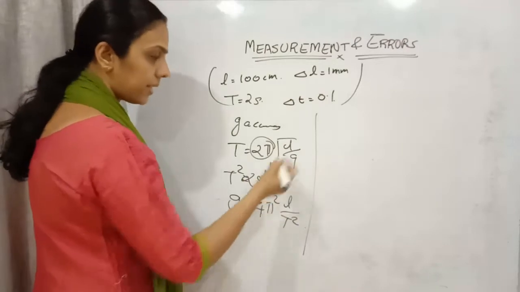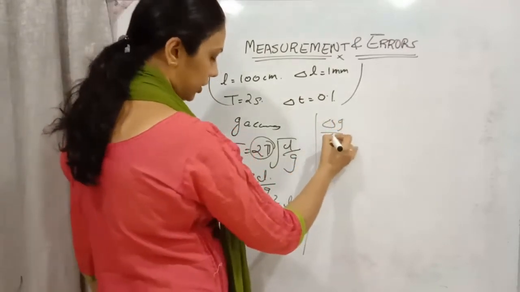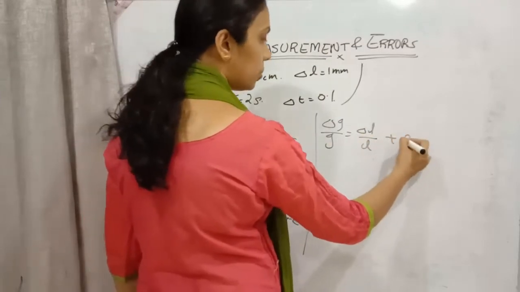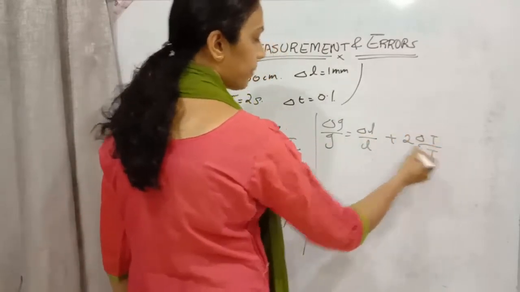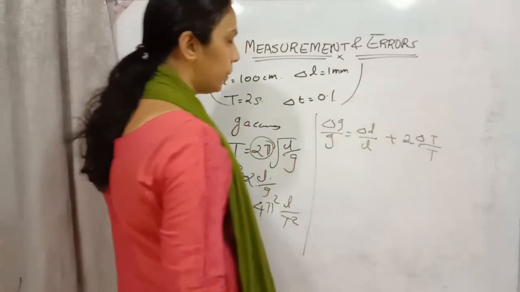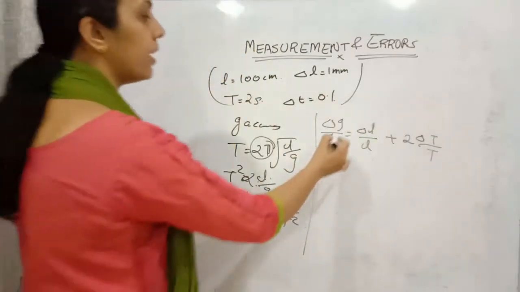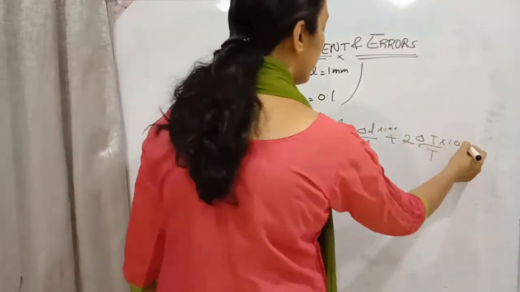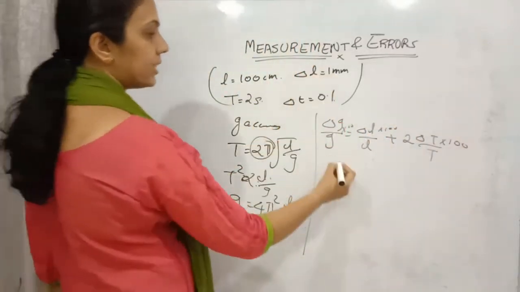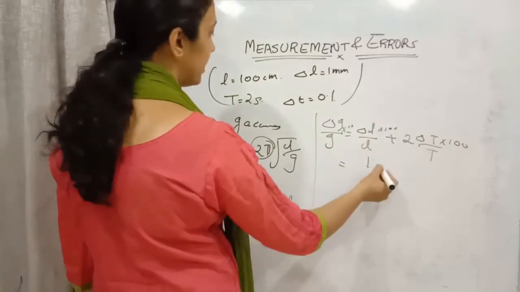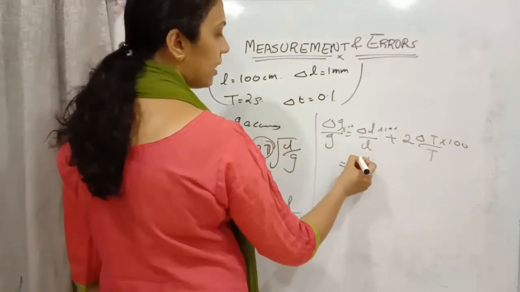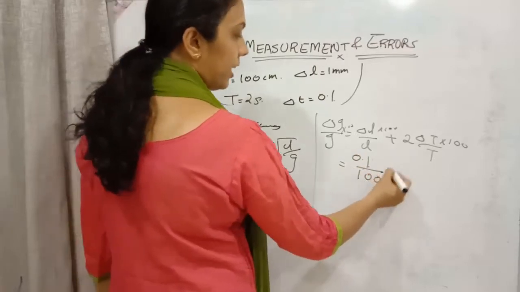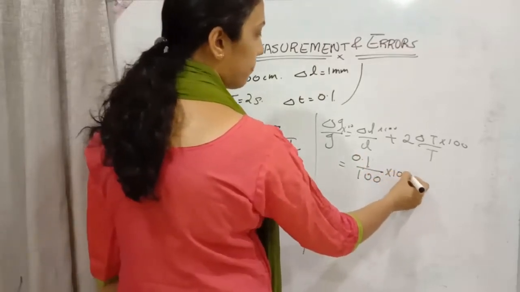What will be the percentage error in G? Delta G by G will be equal to delta L by L plus 2 into delta T by T. We need to multiply everything by 100, that is the percentage error. So first we need to find out delta L by L. Delta L we already got as 1 millimeter divided by 100 centimeter. Therefore 0.1 centimeter divided by 100, into 100, plus